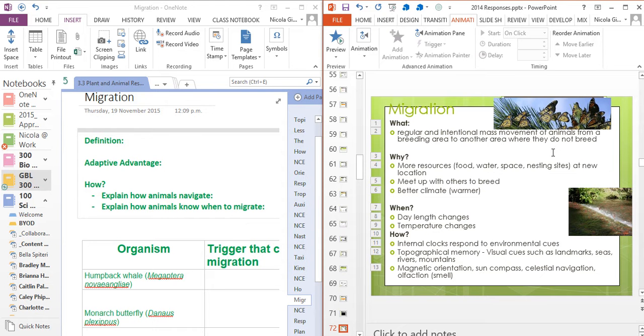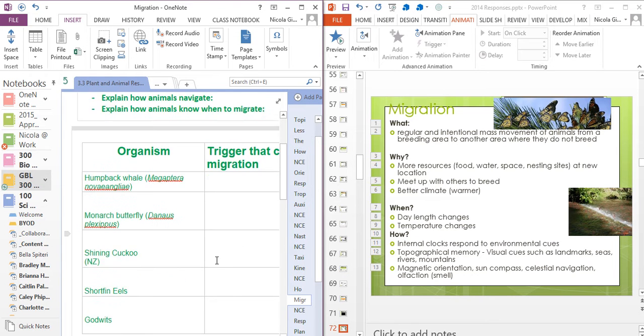Okay, so it's pretty clever really, and if you watch those videos, it will tell you a lot more detail and give you examples. You will get a question on this in the exam, so you do need to understand it. They're likely to ask you what the advantages and the disadvantages of migration are as well. They're likely to give you a scenario where you read information about an organism that you've never heard of, and you have to figure out from the information that I've given you what is it that's initiated them to migrate